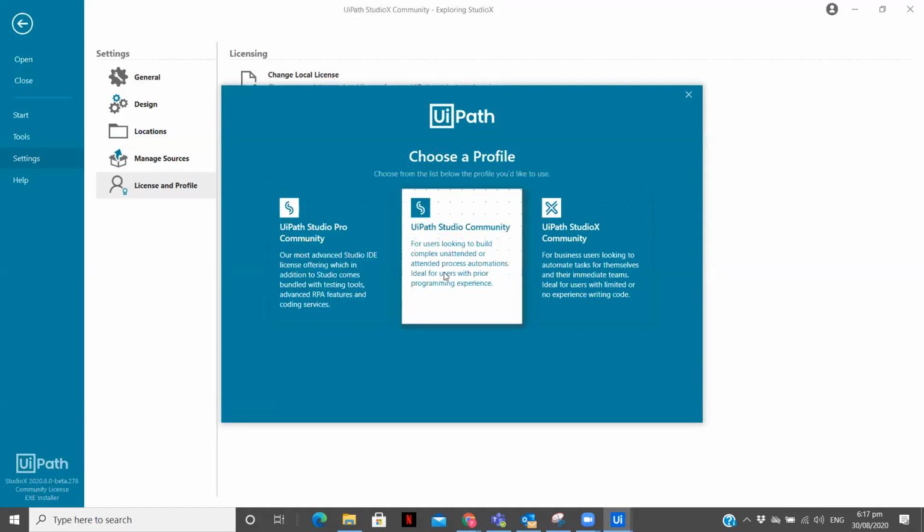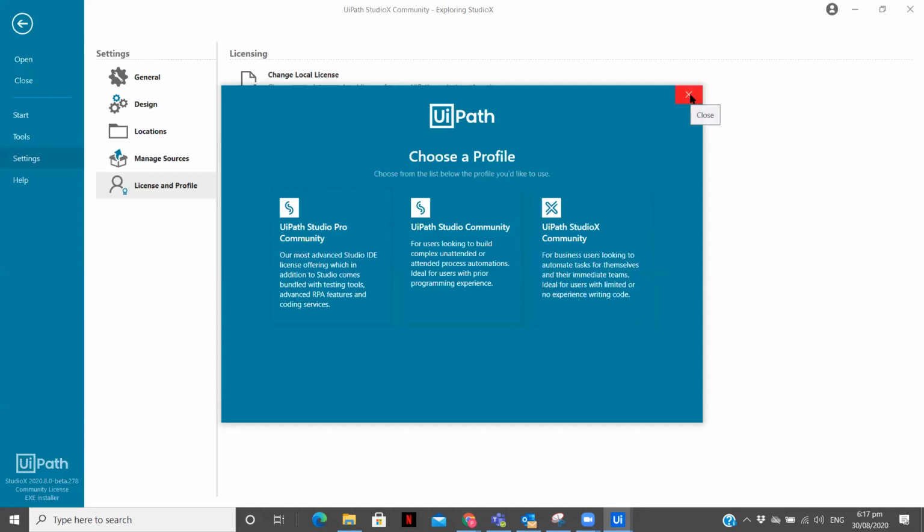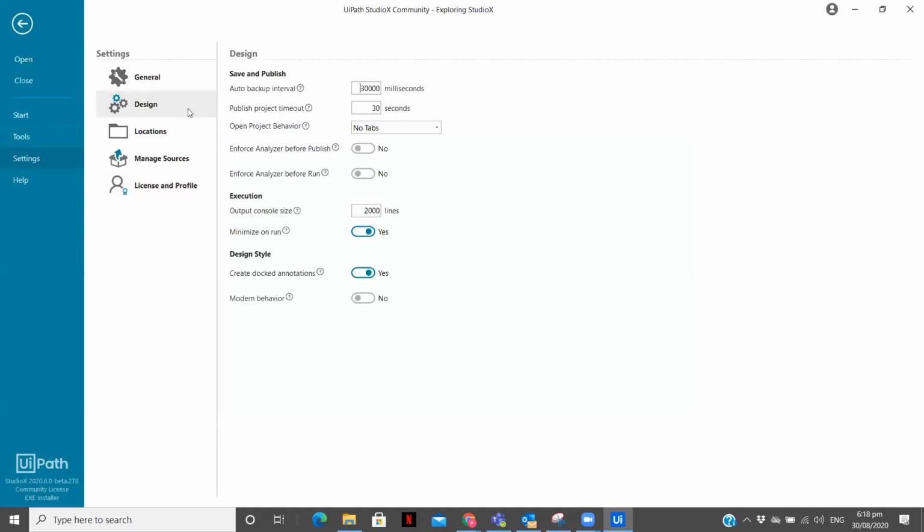This Studio community is for the programmers or the people from the IT field, as well as Studio Pro, and Studio X is for business users looking to automate tasks for themselves and their immediate teams, ideal for users with limited or no experience writing code. As you can see in the description as well, this is completely for the people who are not into programming or the technical field, but still want to automate their daily tasks. The tasks can be different, so there are different options as well.